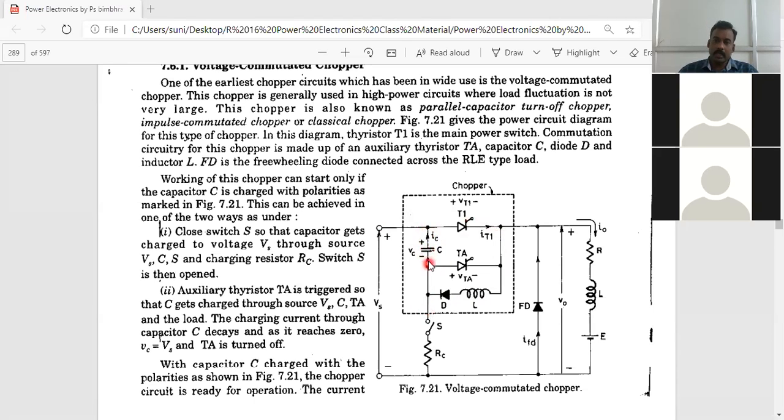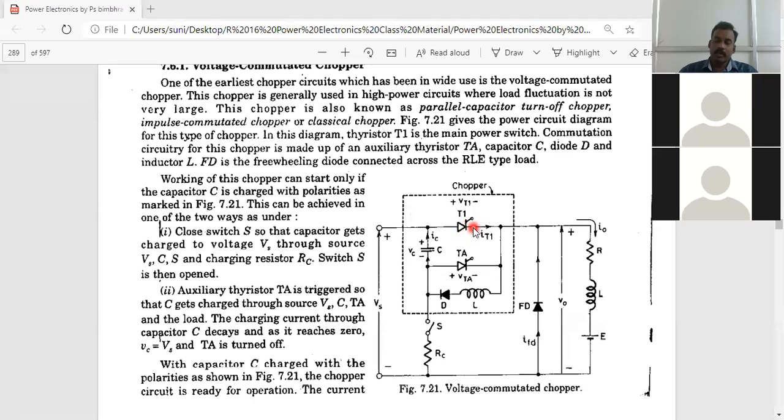In this particular capacitor current, whenever the complete cycle completes, positive charge is going to be accumulated in the lower plate and negative charge is going to be accumulated on the upper plate, making this VC positive on the lower plate and negative on the upper plate. When all this is done, the capacitor is provided in the reverse polarity. Still this T1 is going to be in conduction.